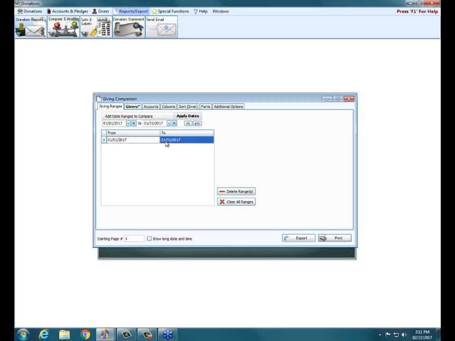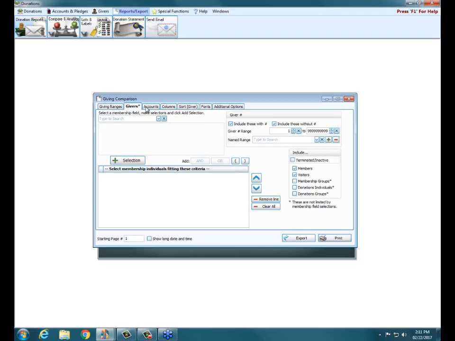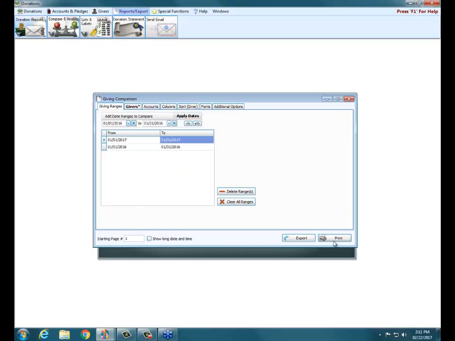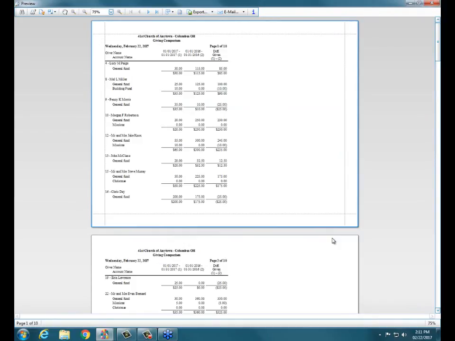If I wanted to compare January of this year versus January of last year, I can just click on my minus year button here. It keeps my dates the same in terms of day and month, but reverts the year back to 2016. If I click on apply dates, it'll show that at the bottom as well. Again, you can filter by givers, by accounts, etc., much like you can for the other reports that we're talking about here today. Clicking print takes us to this window,